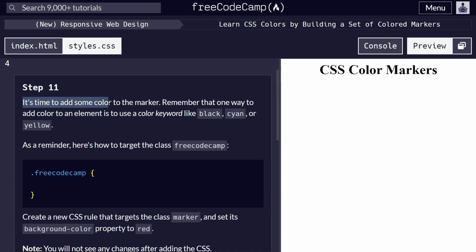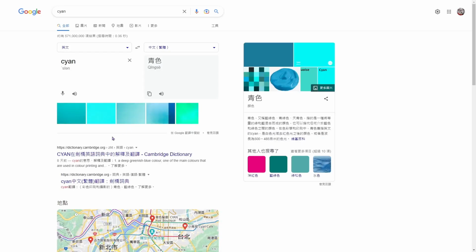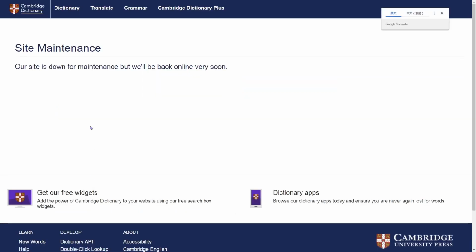It's time to add some color to the marker. Remember that one way to add color to an element is to use a color keyword like black, crayon, cyan, crayon or yellow. 这怎么念？我记得好像是某种很像洋红的颜色。青色。